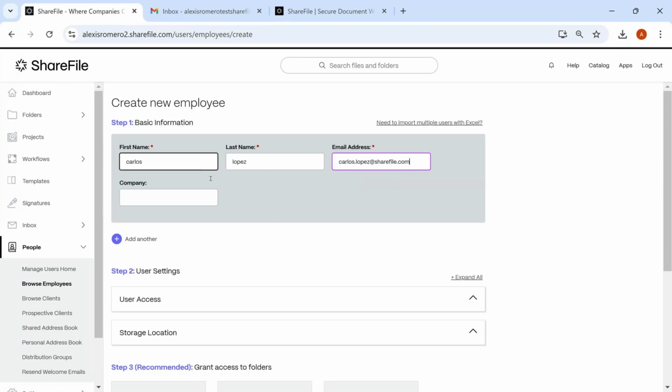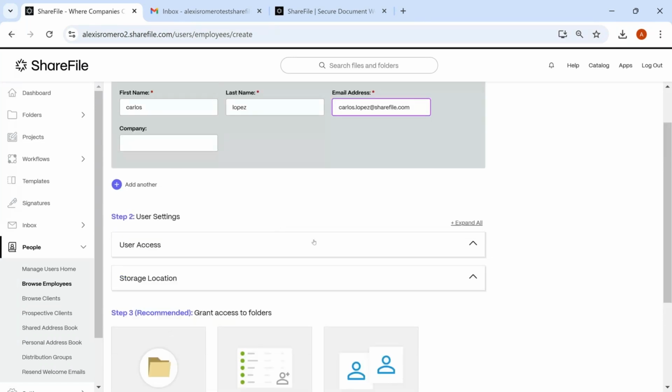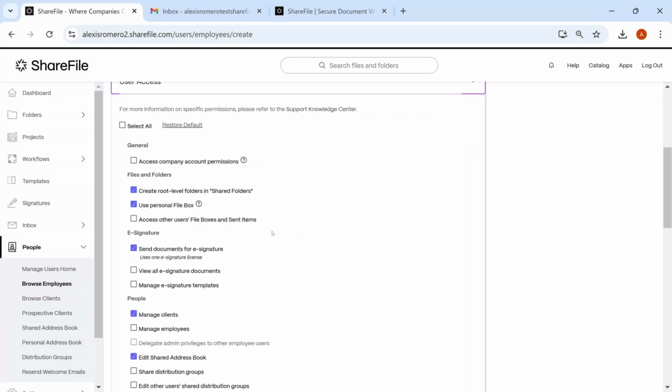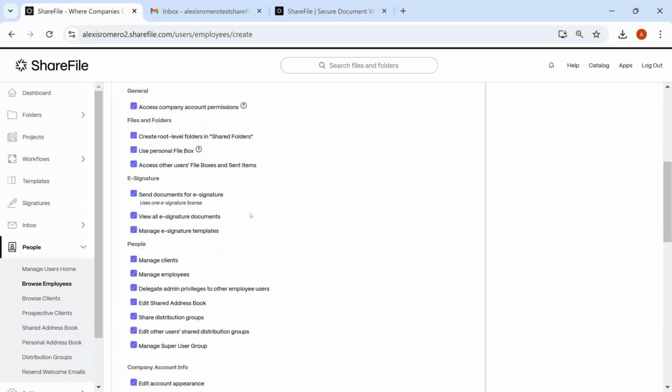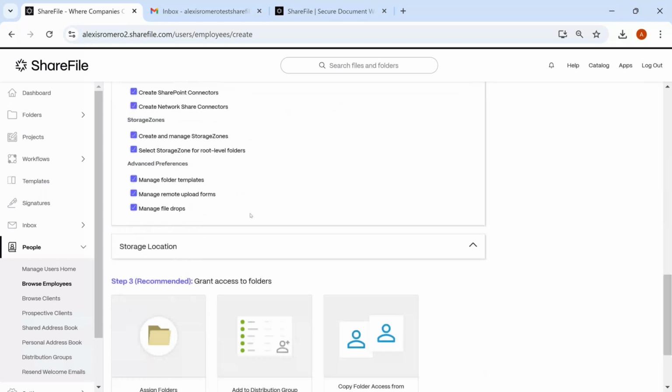Okay, I will add his information. And now, here we have user access, right? All the permissions that we have for this specific user will be allocated here. So if I want him to be a complete admin super user, I can add all the checkboxes and he will have all the permissions for